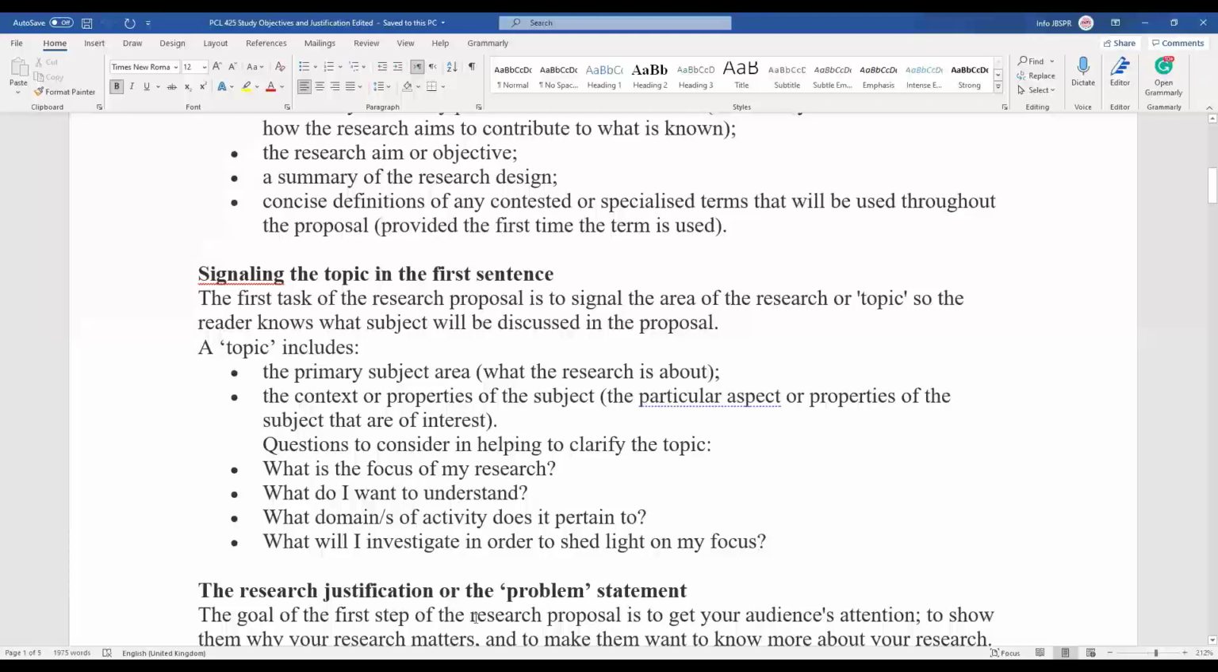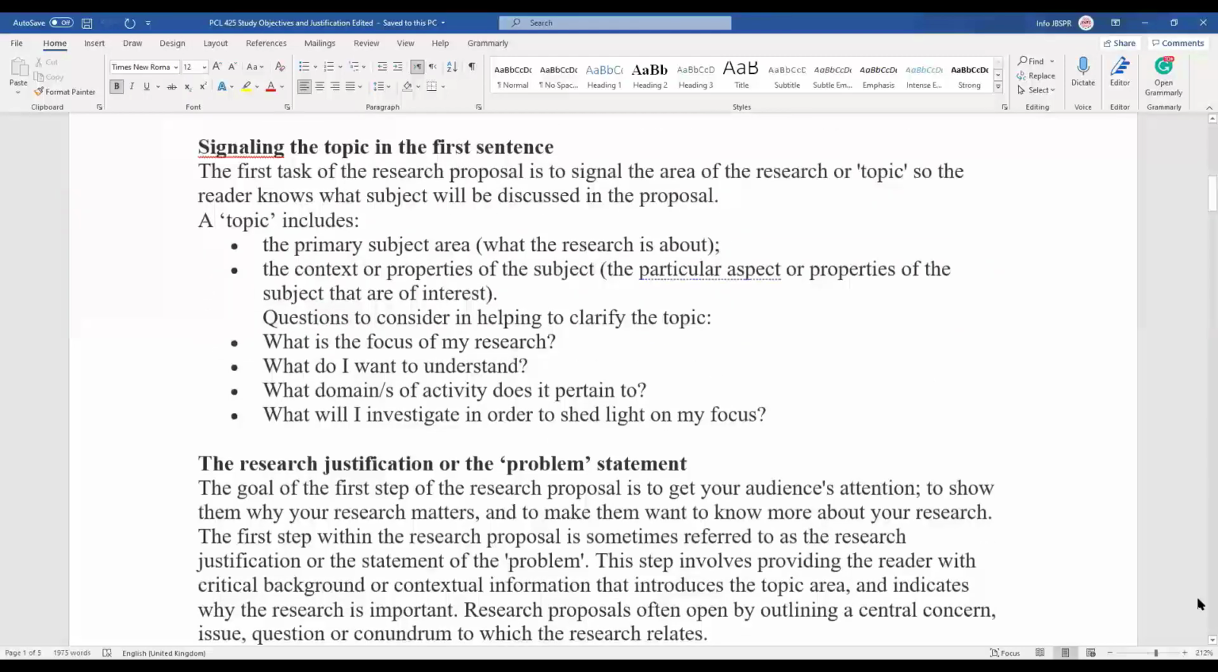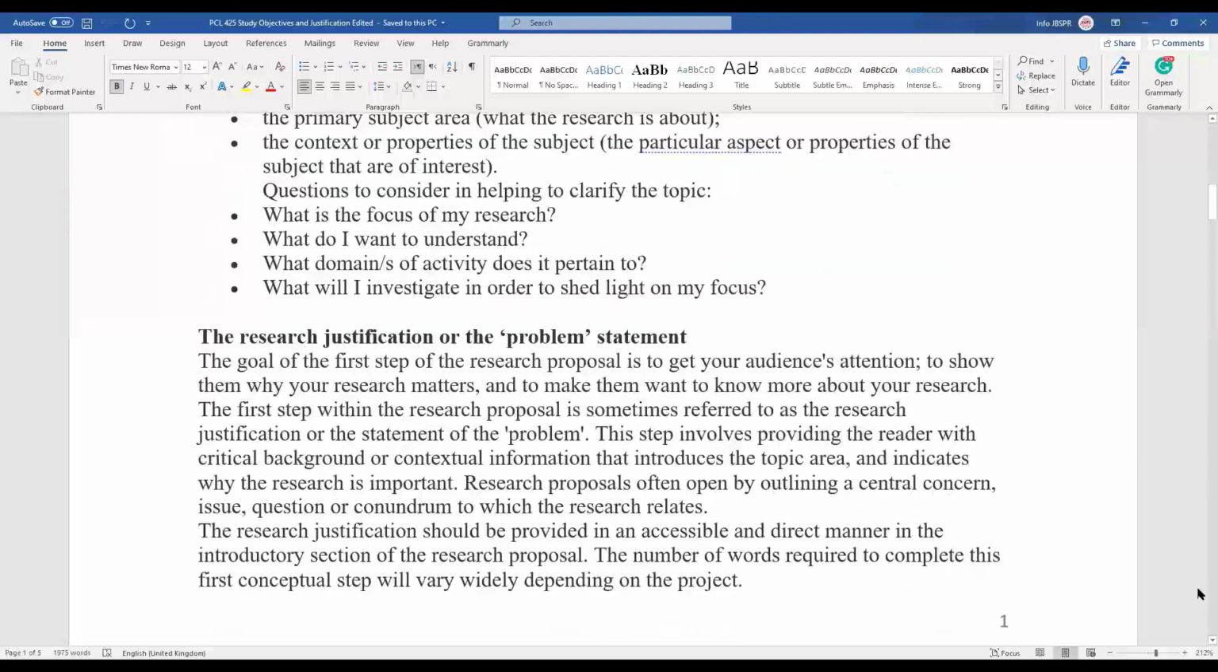What do I want to understand? What topics, what activity does it pertain to? And what will I investigate in order to shed light on my focus? That's one on community pharmacy. You may decide to say, okay, just health workers